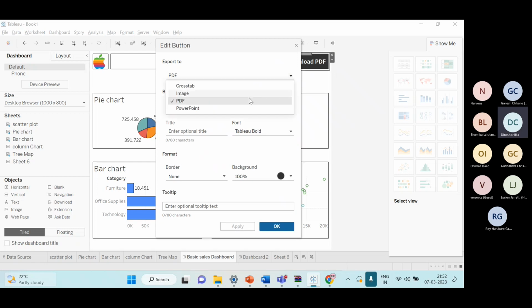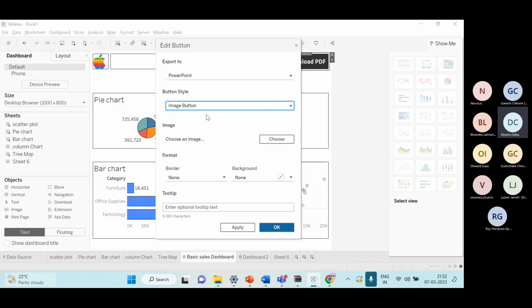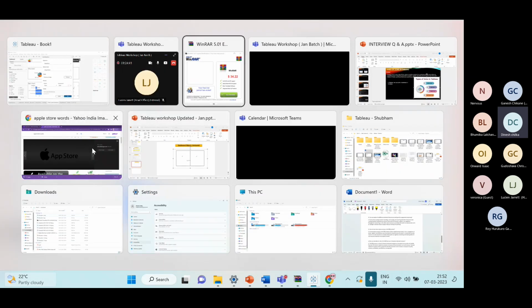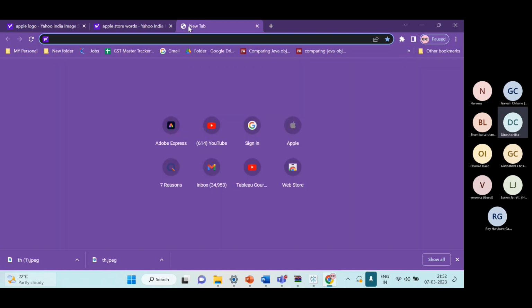I want to export to PDF, image, crosstab, PowerPoint. I want to export it to PowerPoint. Now, which do you want, text button or image button? I want an image button. Okay. So I go with Google. I type